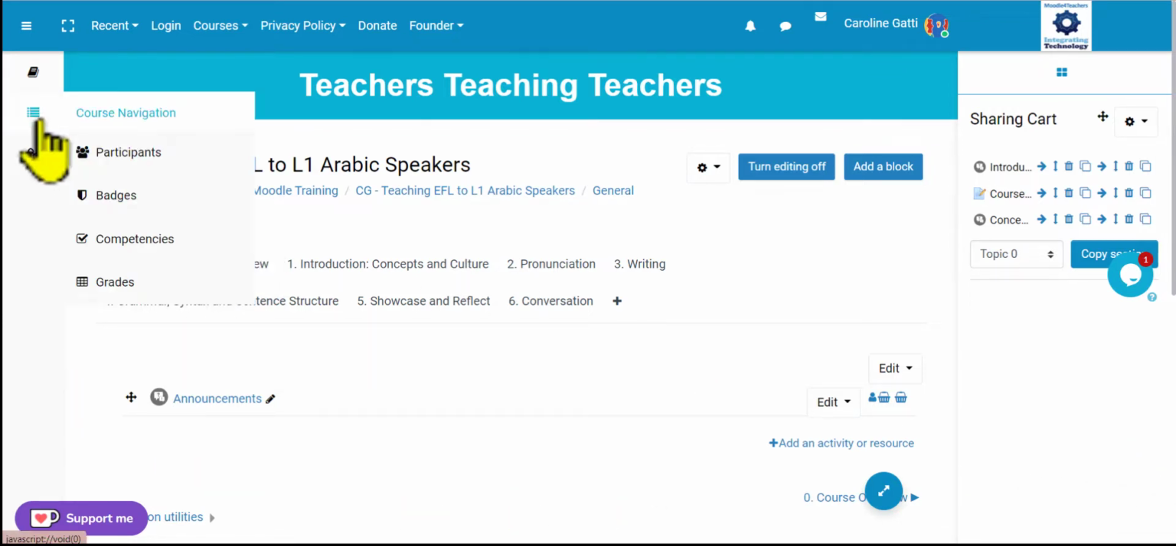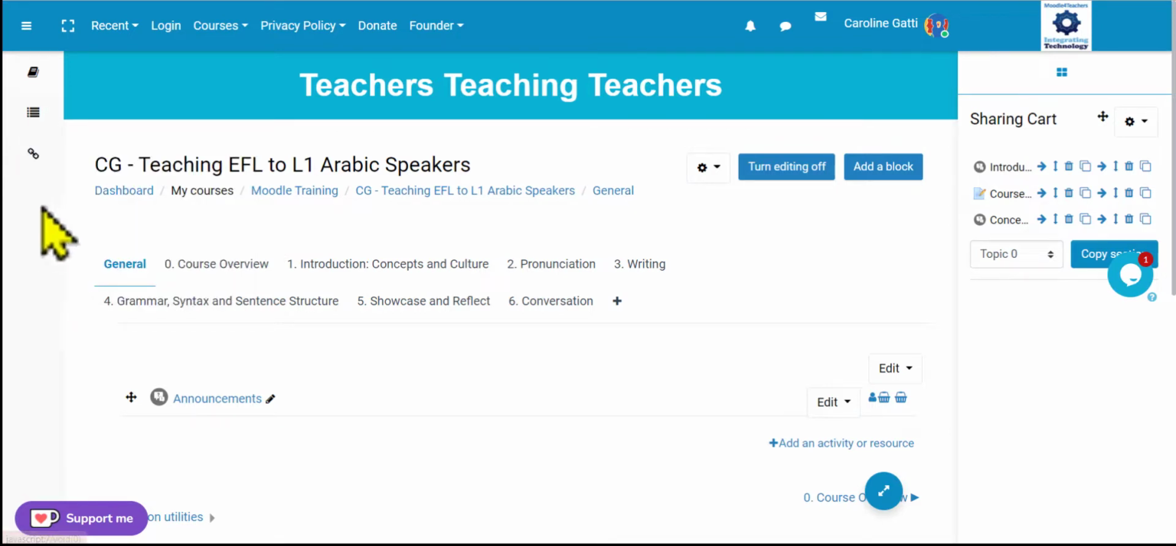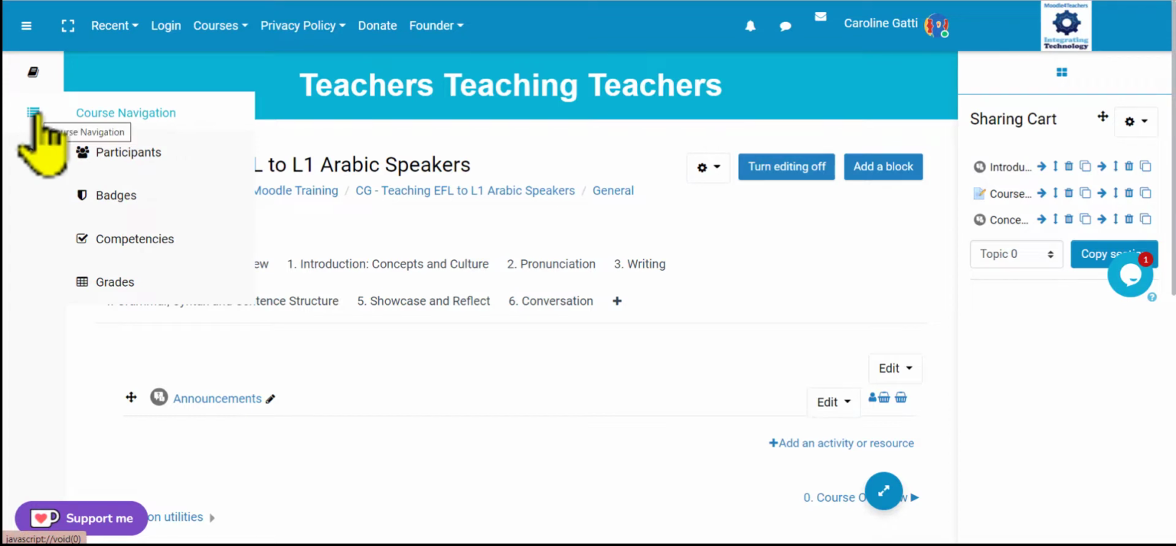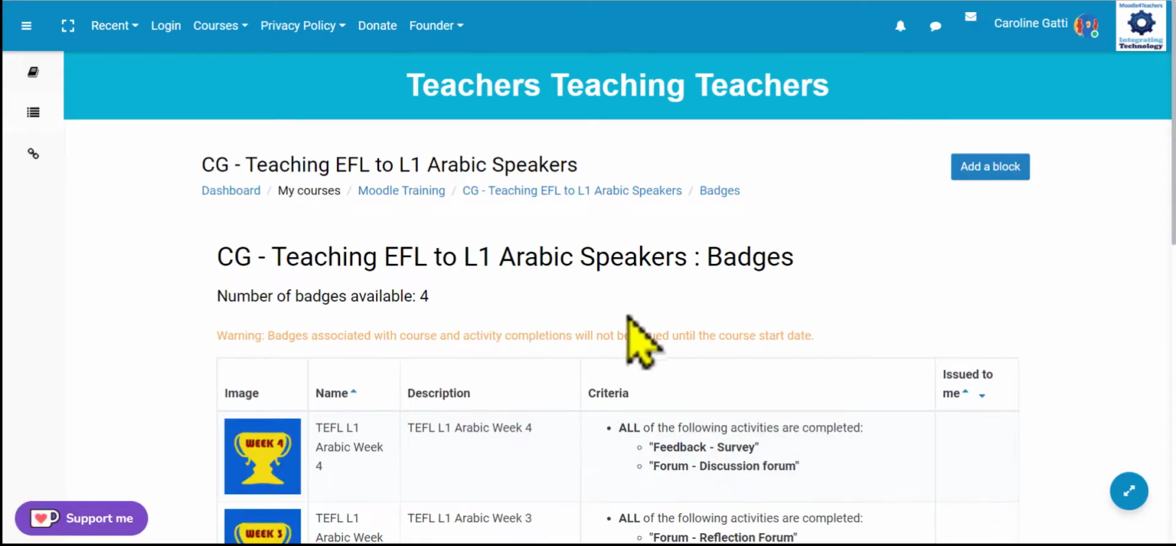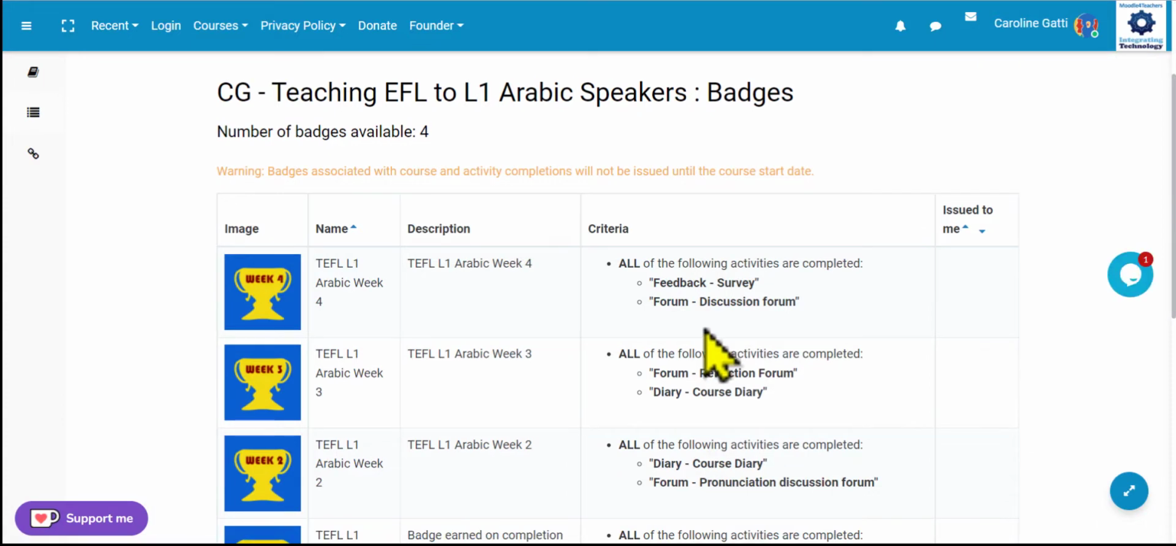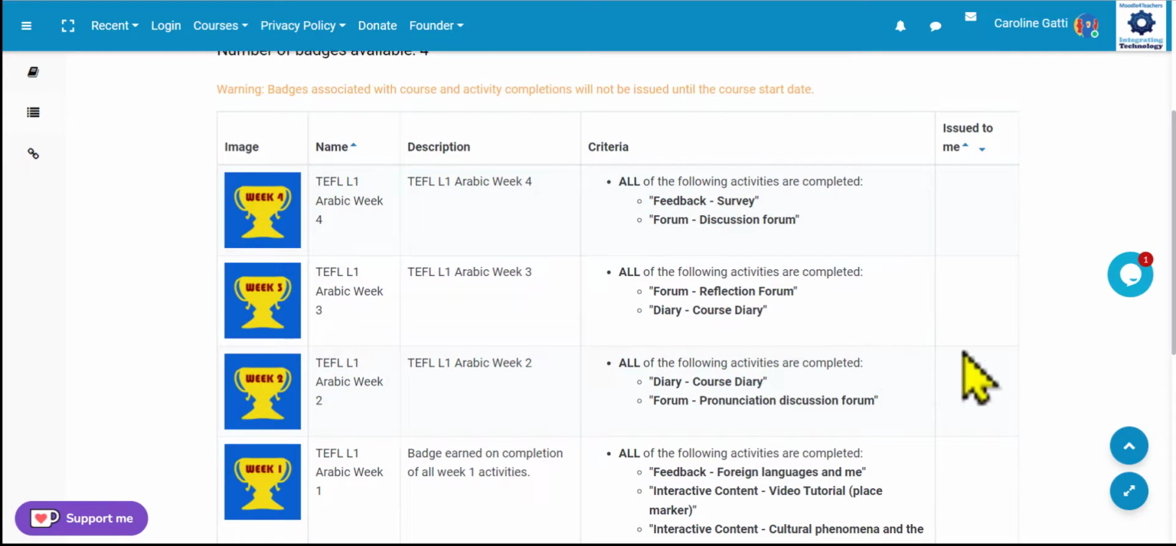So if we have a little look at the left-hand sidebar, to the course navigation icon, and there we have badges. We're going to click there. Click. I have got a slow computer. And here are 4 badges that I have already made and set up for the 4 main sections of my